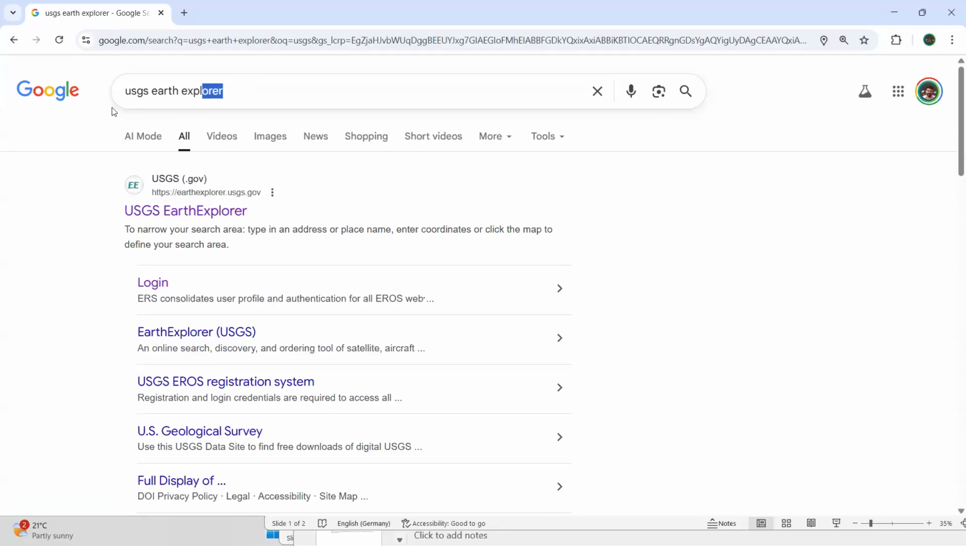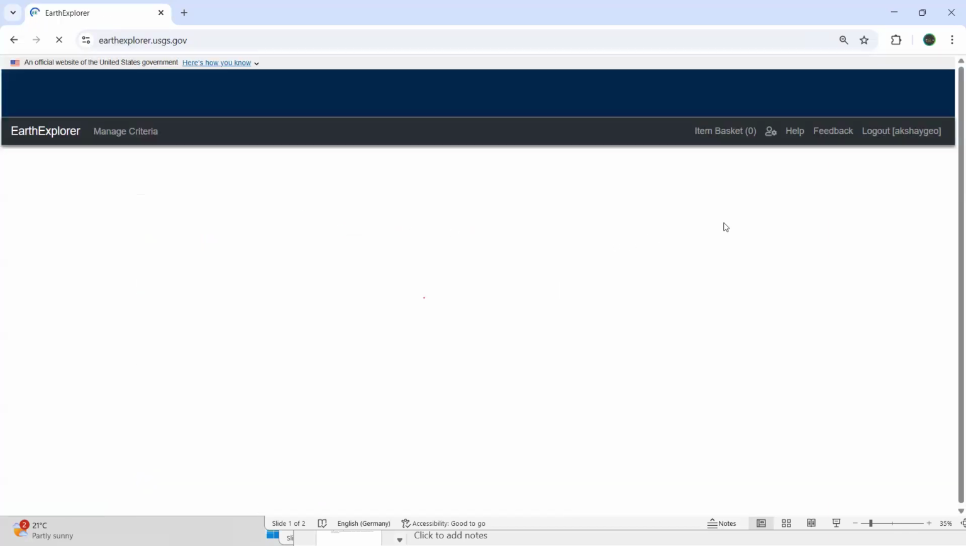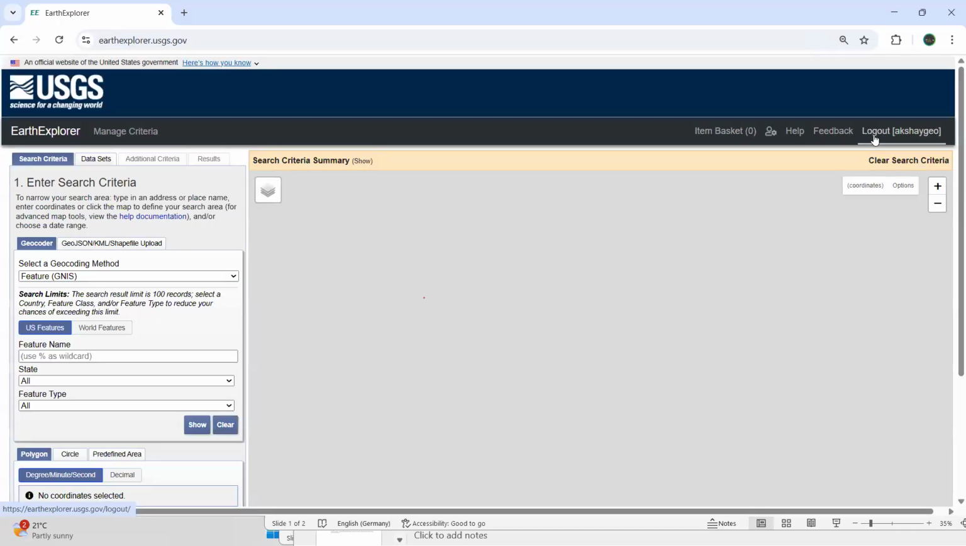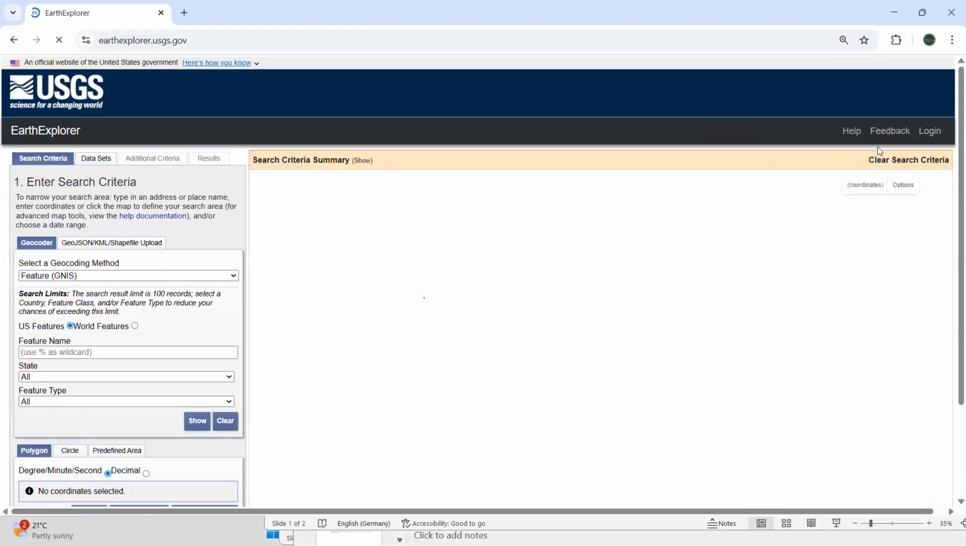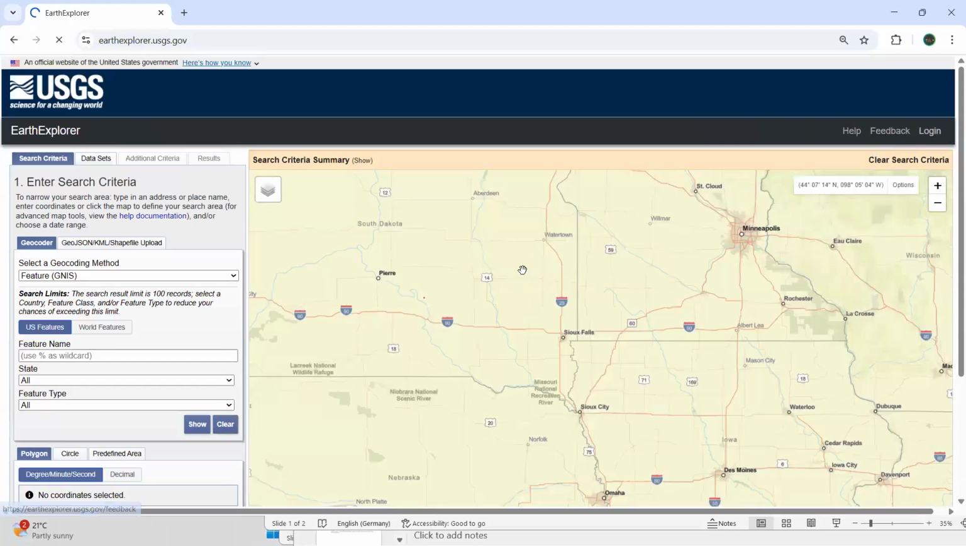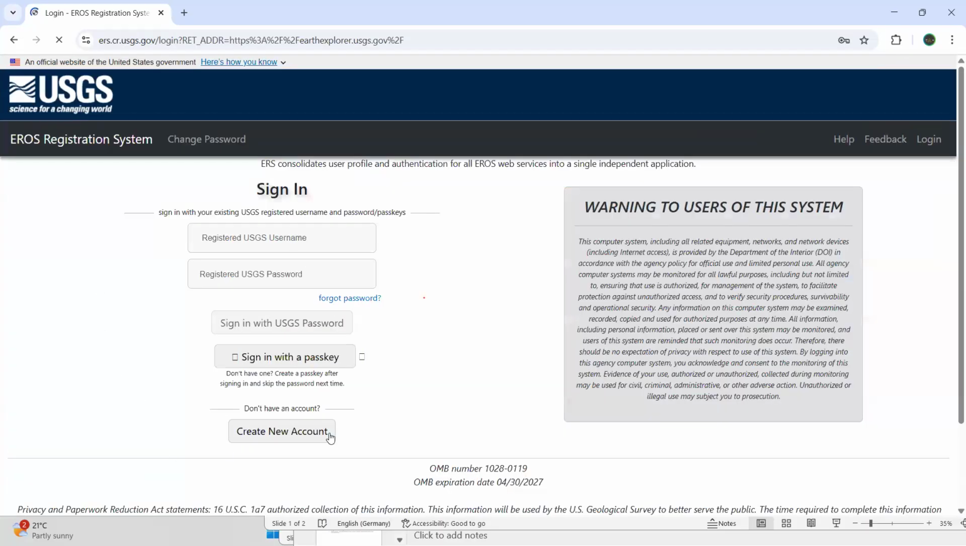Ma'am, this is the website for USGS Earth Explorer. We need to go here, and to download the Landsat imagery, we need to create a login. When you click on login here, it will take you to this place, and you need to create an account to be able to download the Landsat imagery. Yes, sir, I have it. Okay, ma'am. So once you log in,